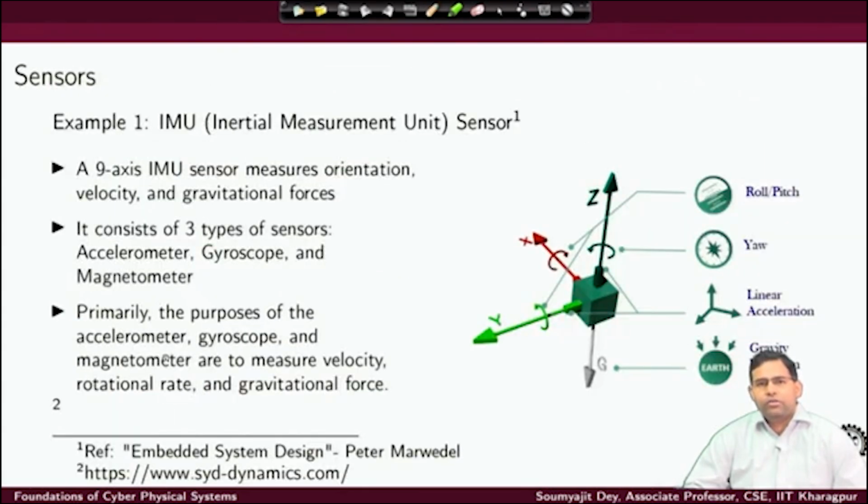So, we will just have some introduction on different sensors. We will list a set of popular sensors that are typically used. For example, we will talk about IMU sensors, inertial measurement unit, the acronym is IMU. You must have heard of these IMU sensors, because they are nowadays kind of ubiquitous around us, right. They are part of so many different kinds of devices around us. So, what does this really do?